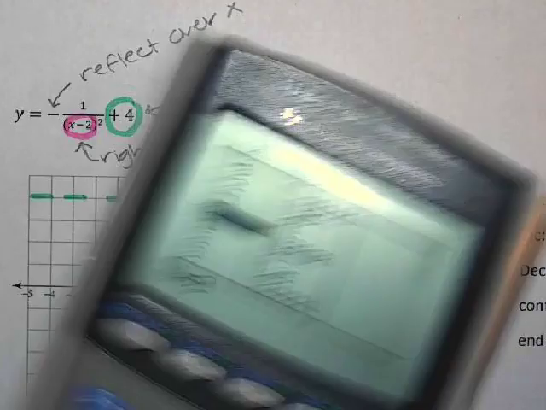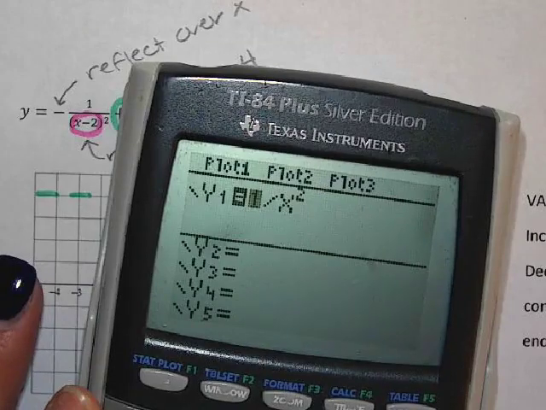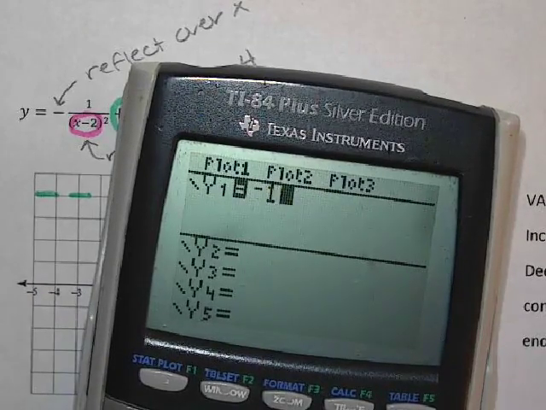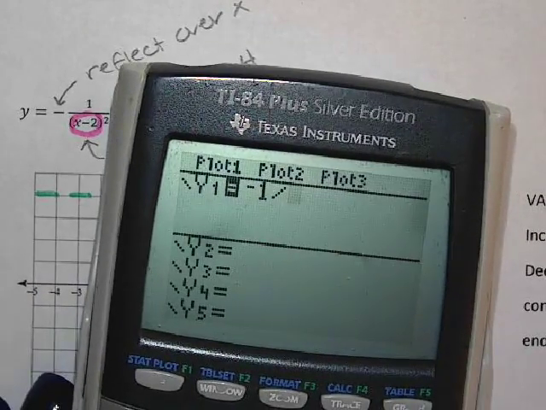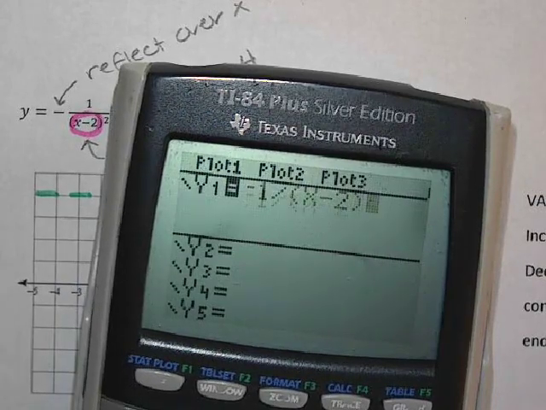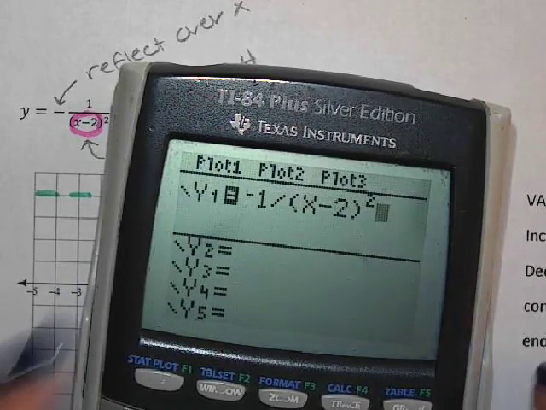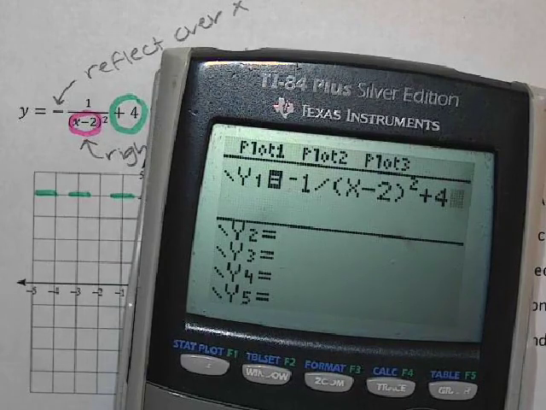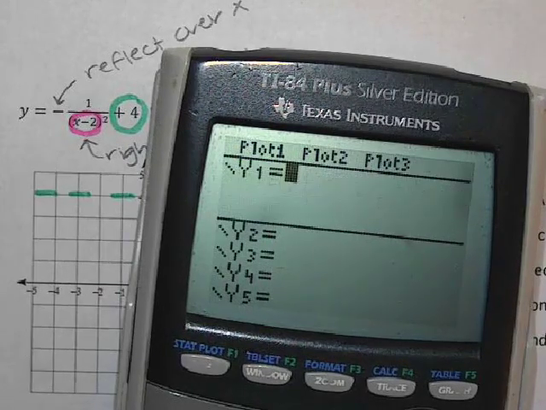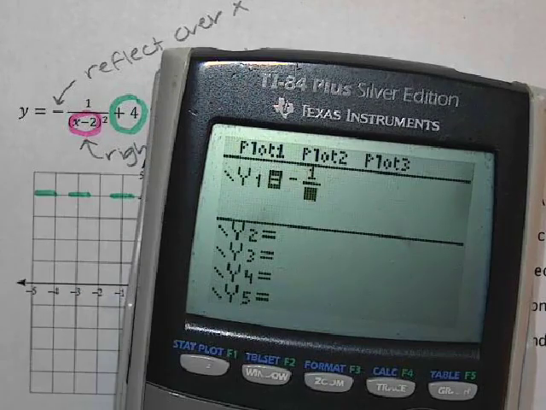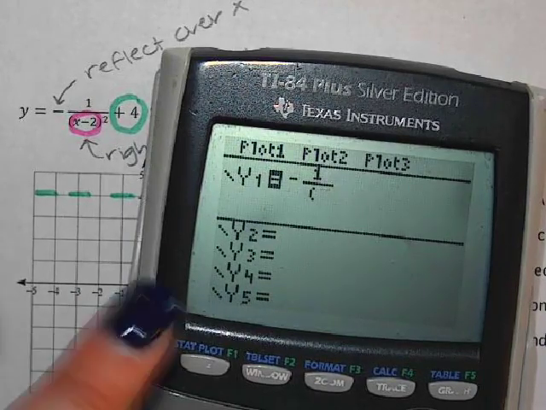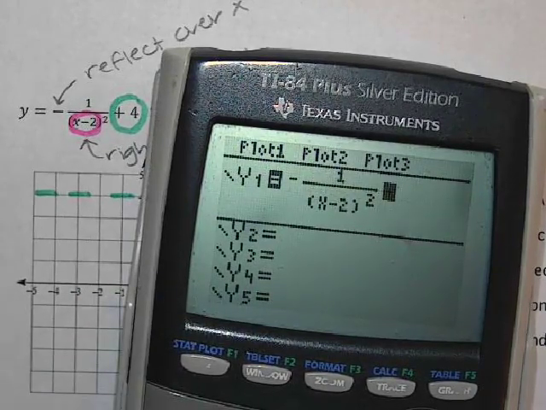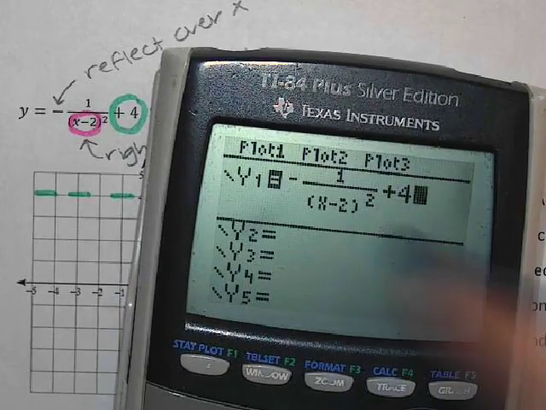So let's go ahead and graph this. So -1 divided by, and then we're going to put x minus 2 in parentheses squared with a +4 on the end. I think I mentioned in the video not to do that, but I don't think I ever showed you guys why. So when I plug it in this way,